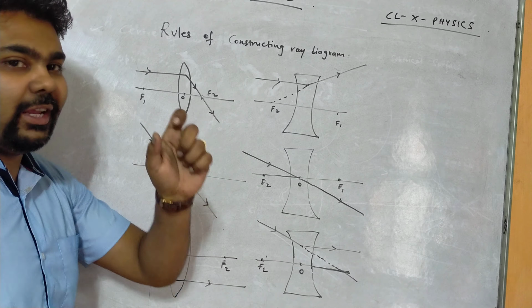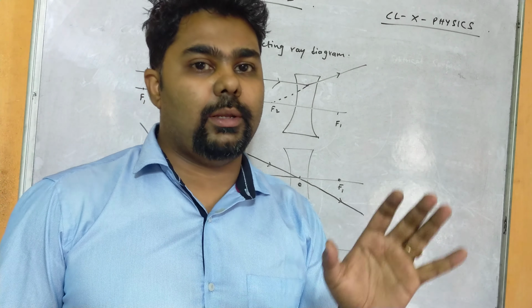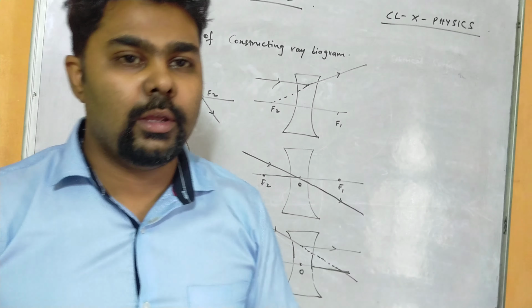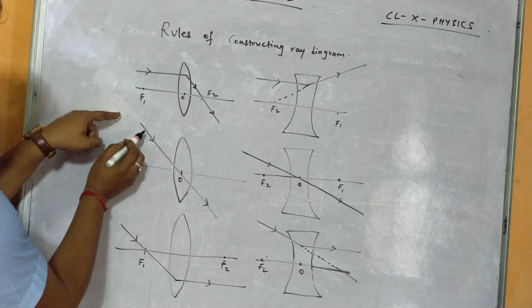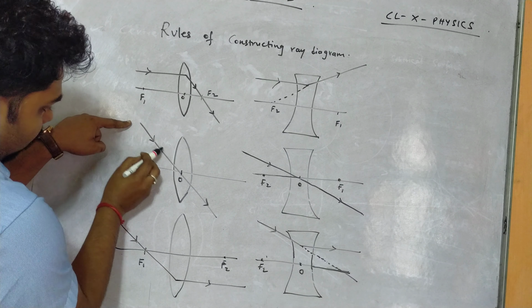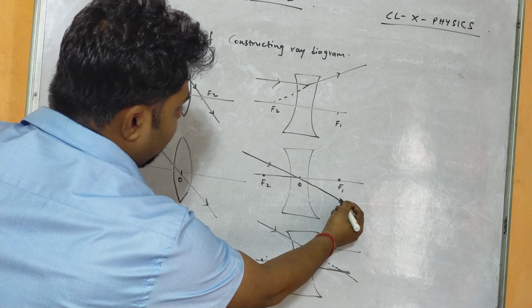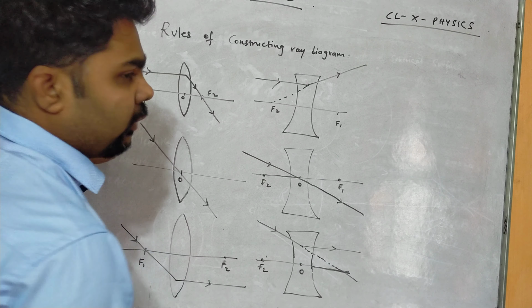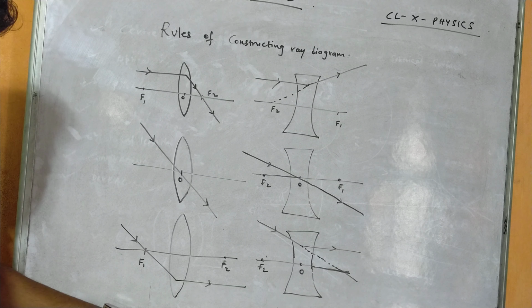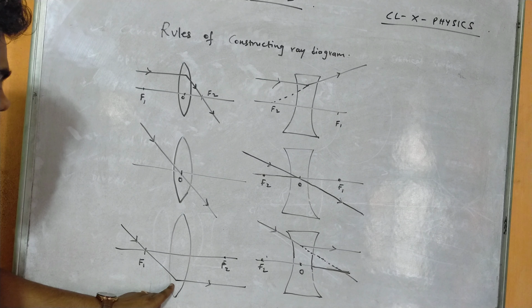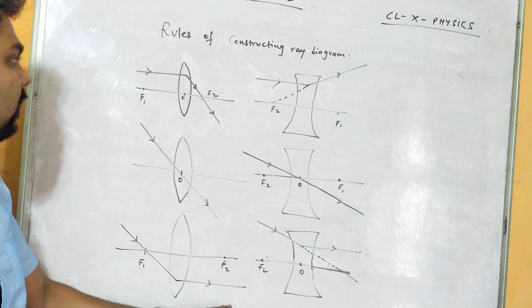That is all about real image and virtual image. We will see that the convex lens will always form a real image, whereas a concave lens always forms a virtual image, right? So here you see, in case of convex, when the ray of light is passing through the optical center, it will move straight, and in case of concave also, it goes straight without any deviation, right? So in the third case, when a ray of light is passing through the focus, it moves parallel to the principal axis. This is just the converse of the first case.